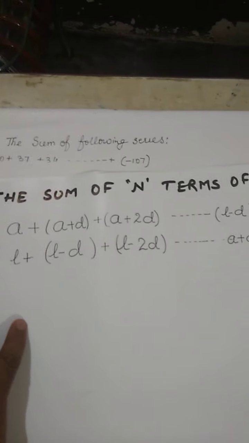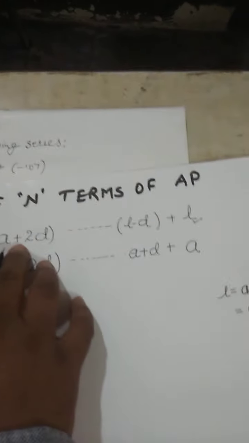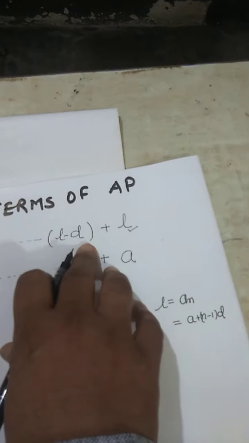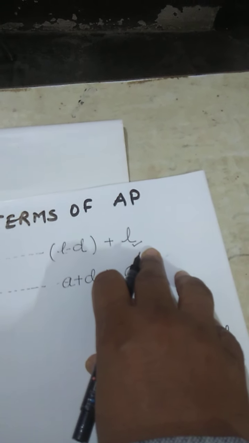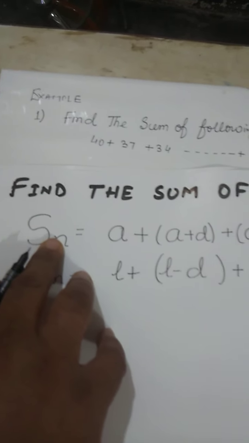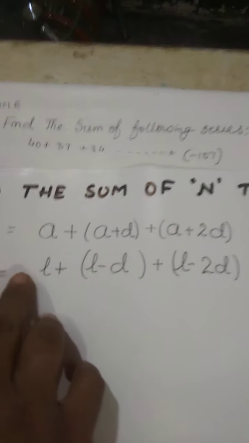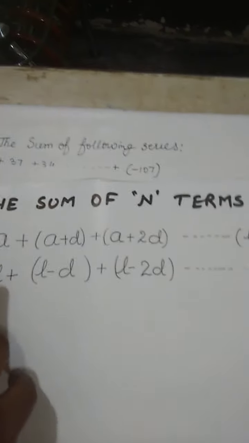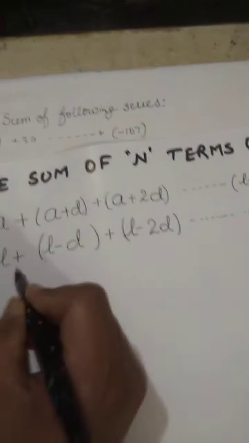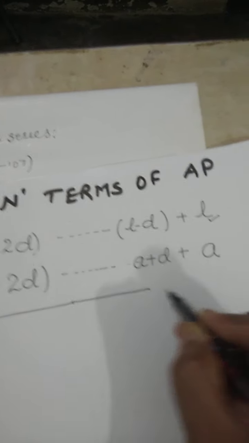Now focus here. a, a plus d, a plus 2d, and following, second last term and then last term. And this is equal to the total value. Sn means the total value. Now you will think, what is in the next line? Sn, same thing, but I have just written it in the reverse order: from the last term, second last term, until the first term. Now I am going to add these values together. Watch carefully.